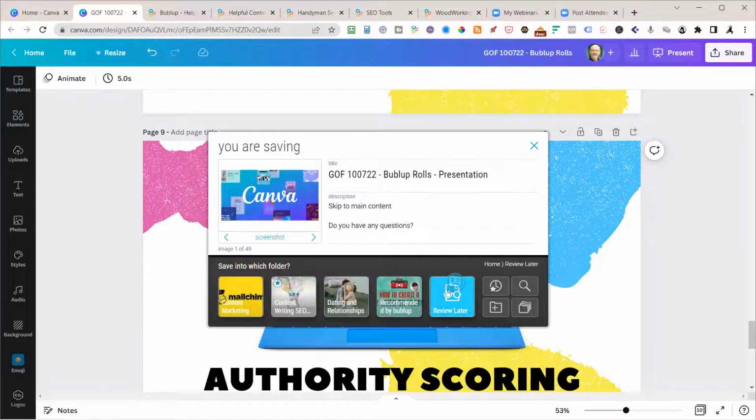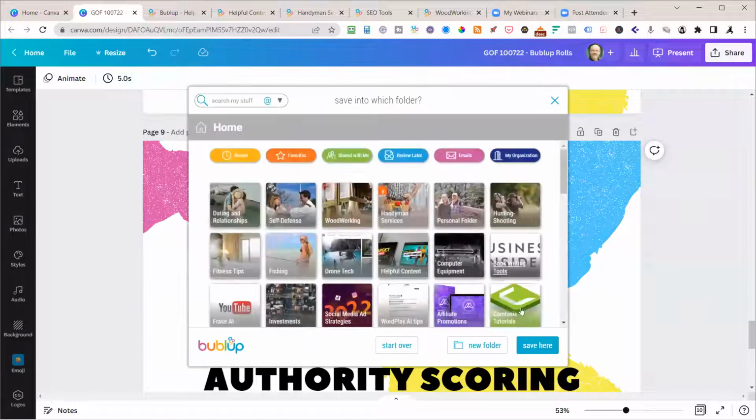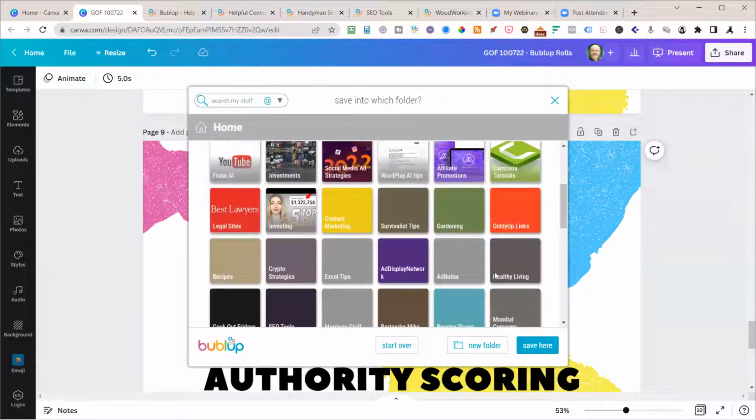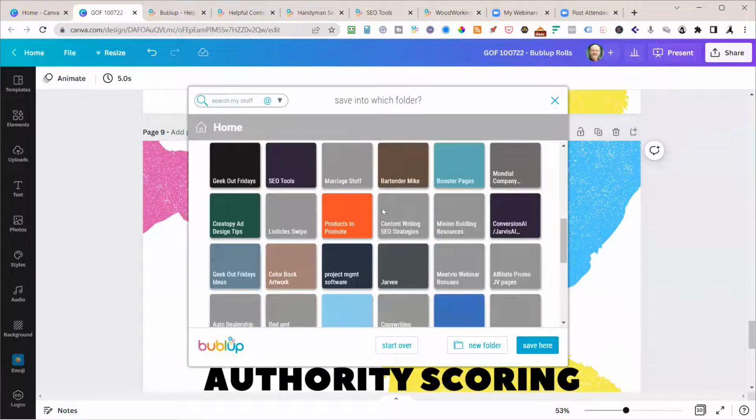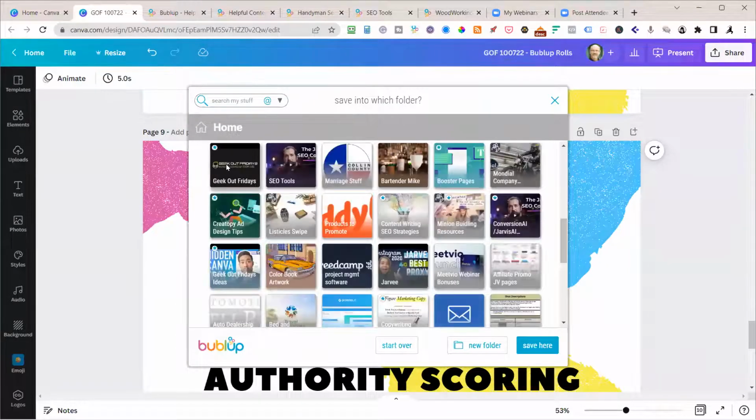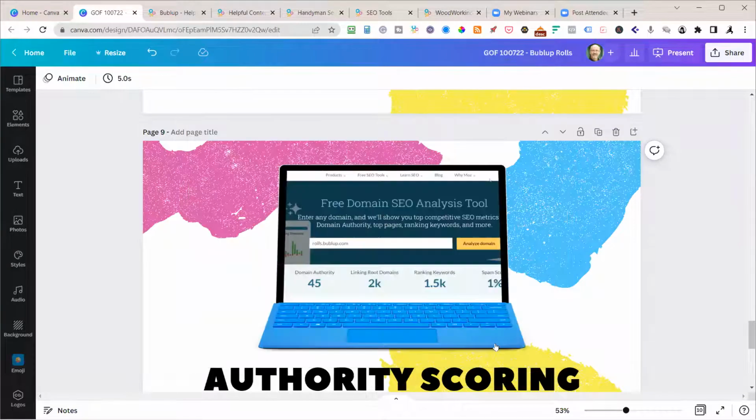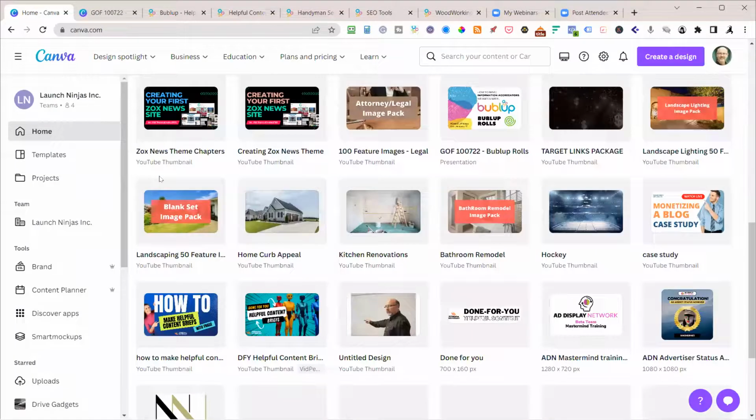And it's going to ask me which folder. Okay, it's making some recommendations. So I'm just going to go to browse all folders. And let's just put it under maybe, I think I've got a Geek-Out-Friday. Okay, so I'll save that in Geek-Out-Fridays. So this link, if I'm ever looking for it, I can go to Bublup and go, okay, I know I made a presentation. And of course, I can find it in Canva, but if you've ever seen my Canva,